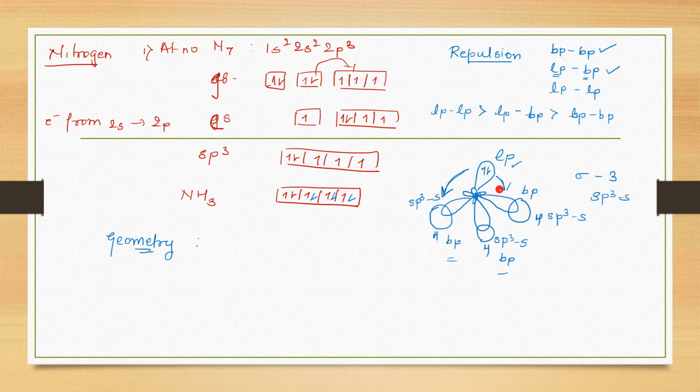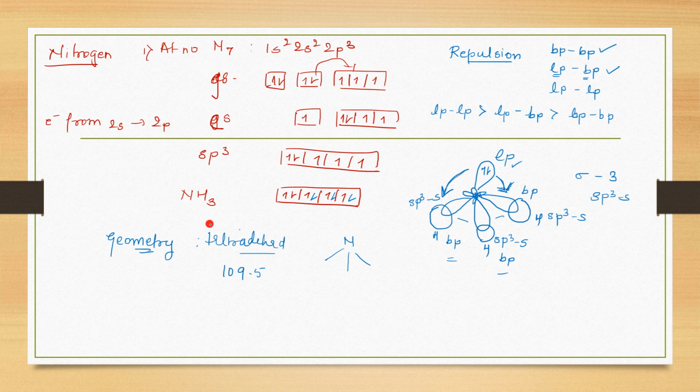So it's pushing the orbitals, the bonds or these overlapped orbitals away from each other, so the bonds are squeezing, so they are coming close to each other. So we were expecting a tetrahedral geometry, but now it is no longer tetrahedral because this lone pair is there. Okay, so this is the nitrogen and this is how it will look like. For tetrahedral geometry, the bond angle was 109.5, but because the lone pair has pushed them, these bonds have come closer to each other, and so the bond angle decreases.